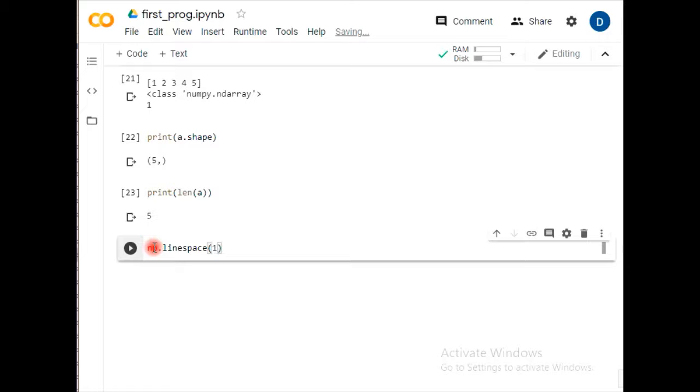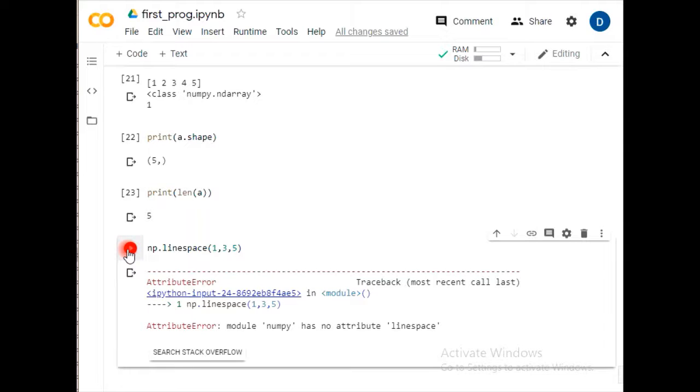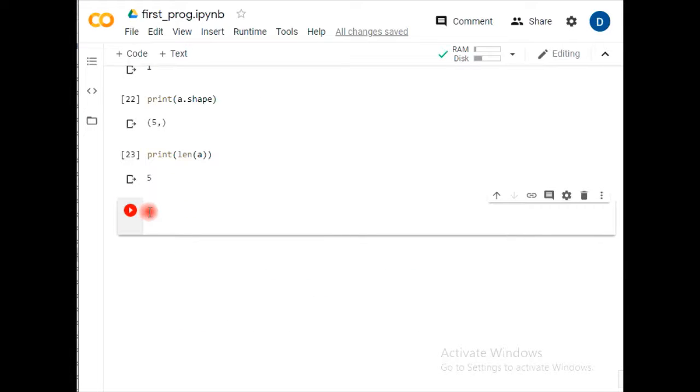Suppose we have the numbers 1, 3 and 5. So see that it creates spaced numbers. Let me check it once.